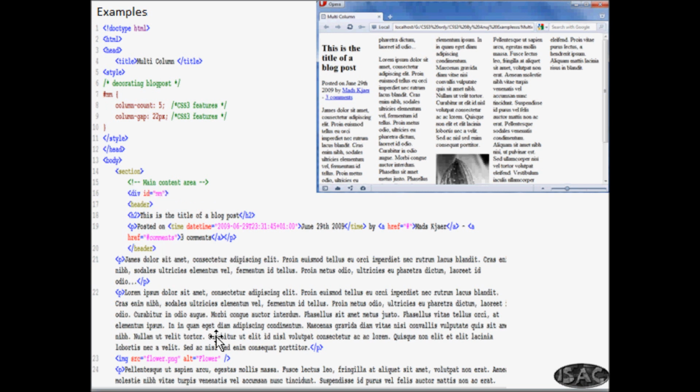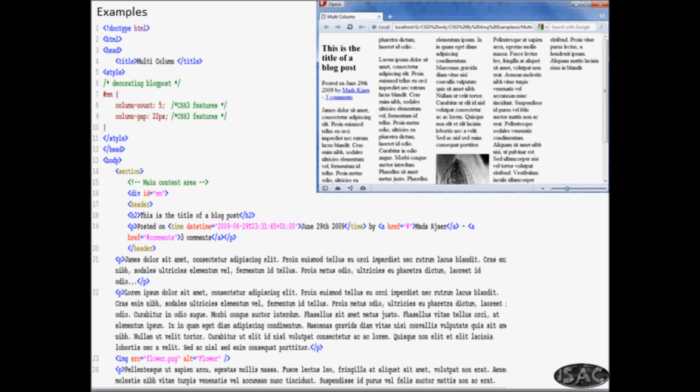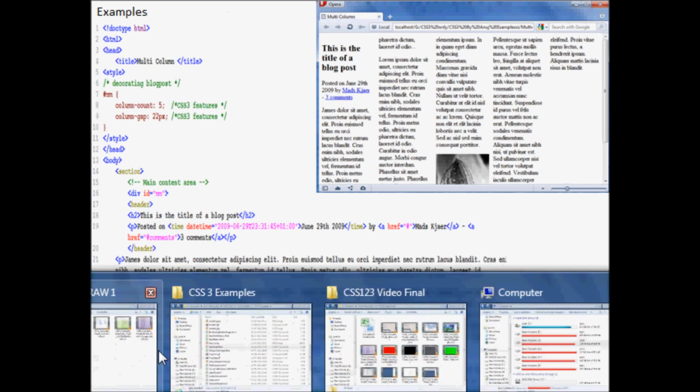And this div ID has this much content, and this will get rendered in 5 columns, the whole content. So we have a column count, how many columns you want, and how much gap between the columns you're looking for. Okay, so let me open this and explain more.